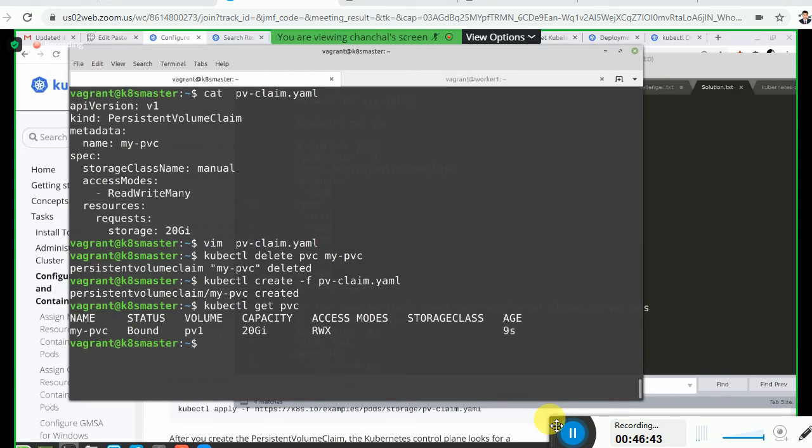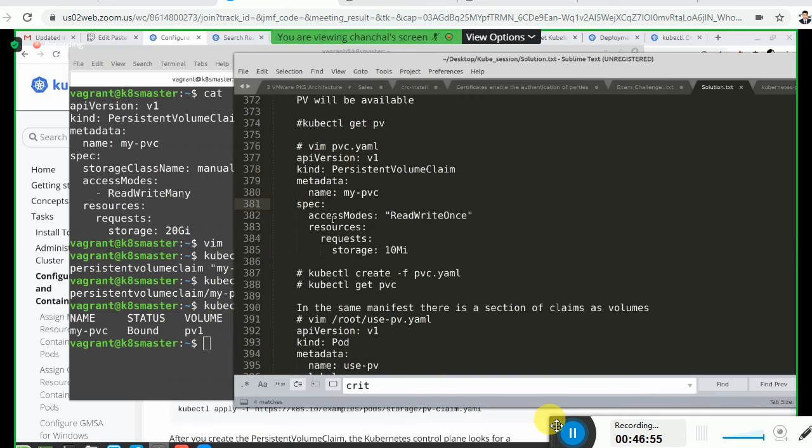Yes, that was the storage class line that was doing all the mischief, and that is not there in the solution as such. So it's good to see such an error. So our solution is all right.